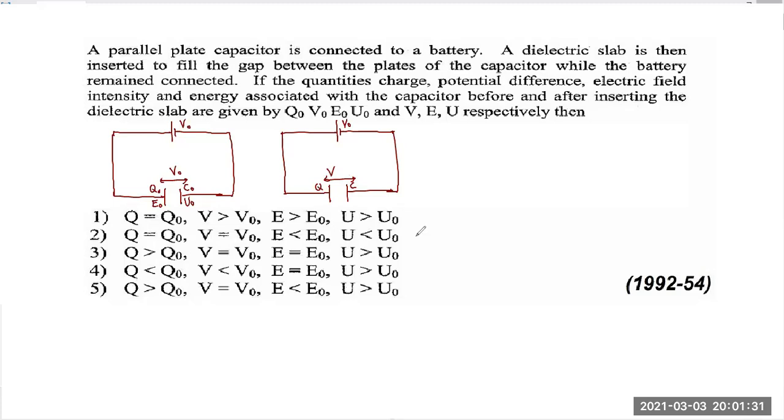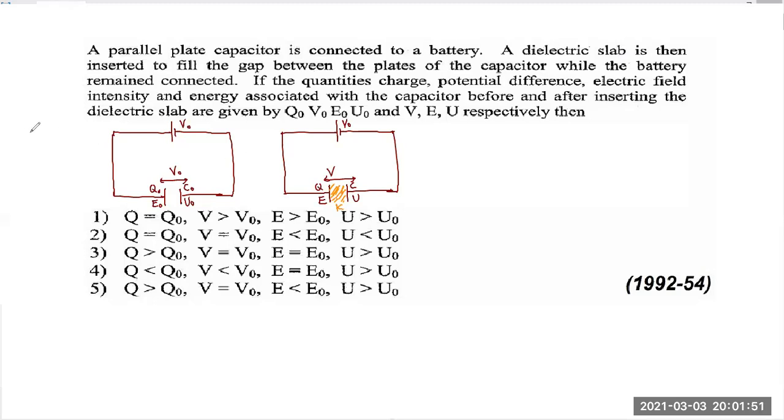They have not compared capacitance. Let's compare capacitance also for future reference. Electric field intensity E and the new energy stored in the capacitor is U. But remember, there is a dielectric substance introduced between the plates of the capacitor, K. Right. So it's going to be the same old thing we are going to do very quickly.